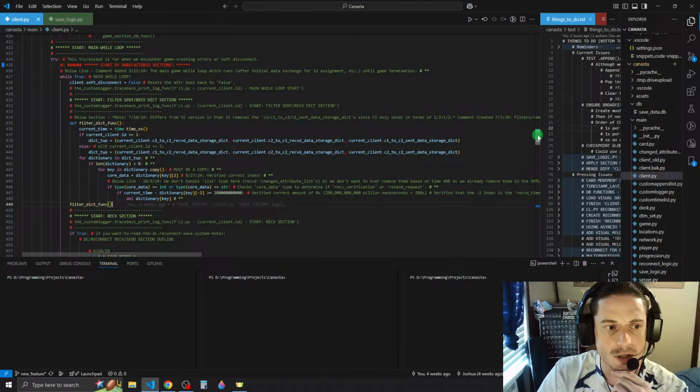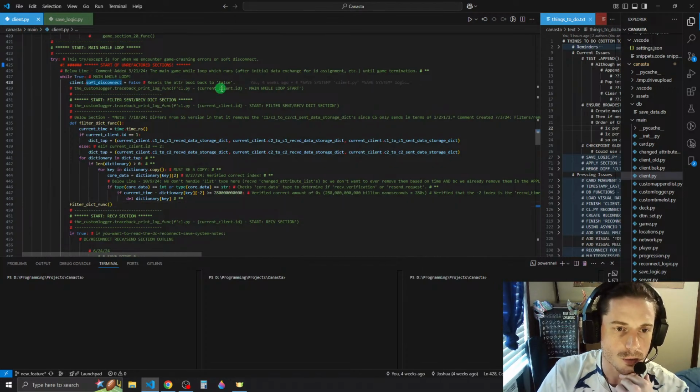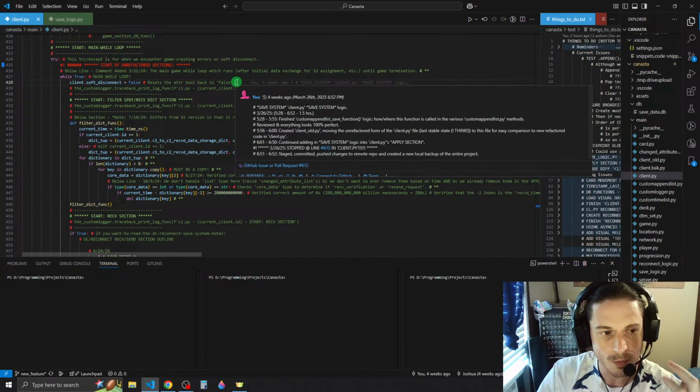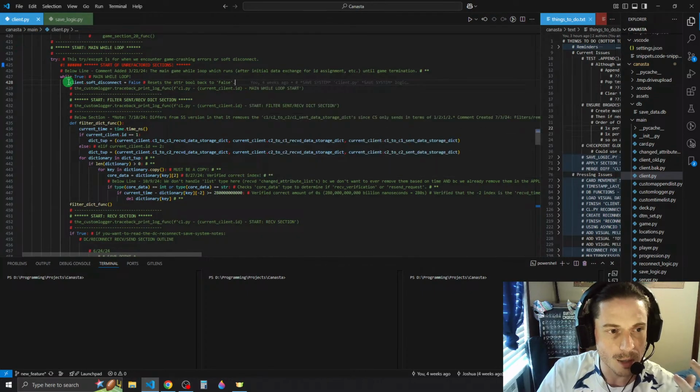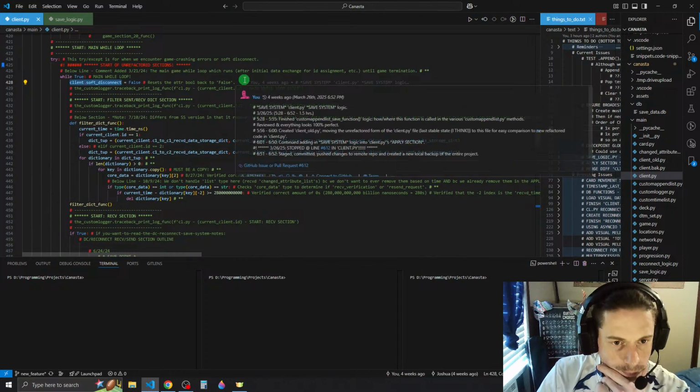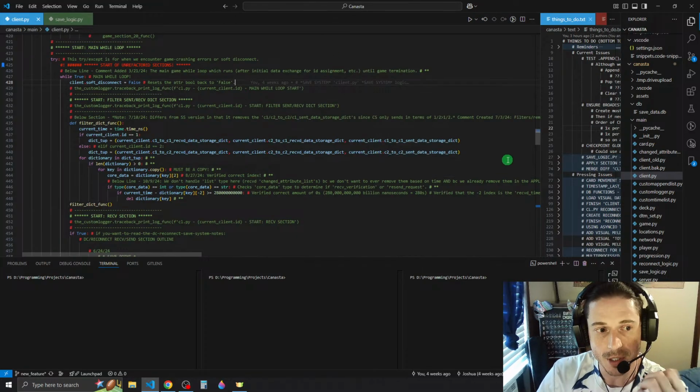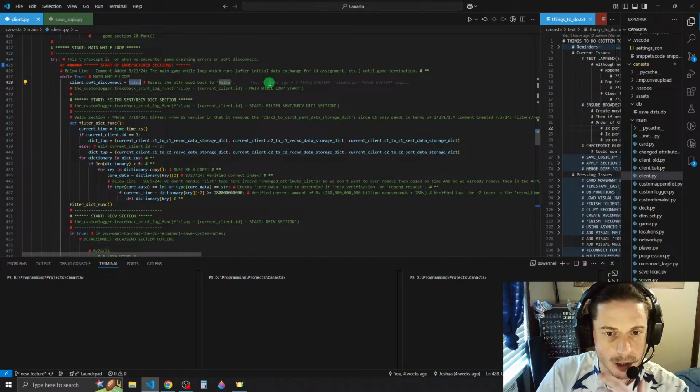Like for instance, solve disconnect. Let's just say this would be our first one. We would just add a line right under it, which saves solve disconnect to the database under the object name namespace client.softDisconnect, and that will be saved to the database. It would have the two columns, the object name and then the associated value, which would be false.